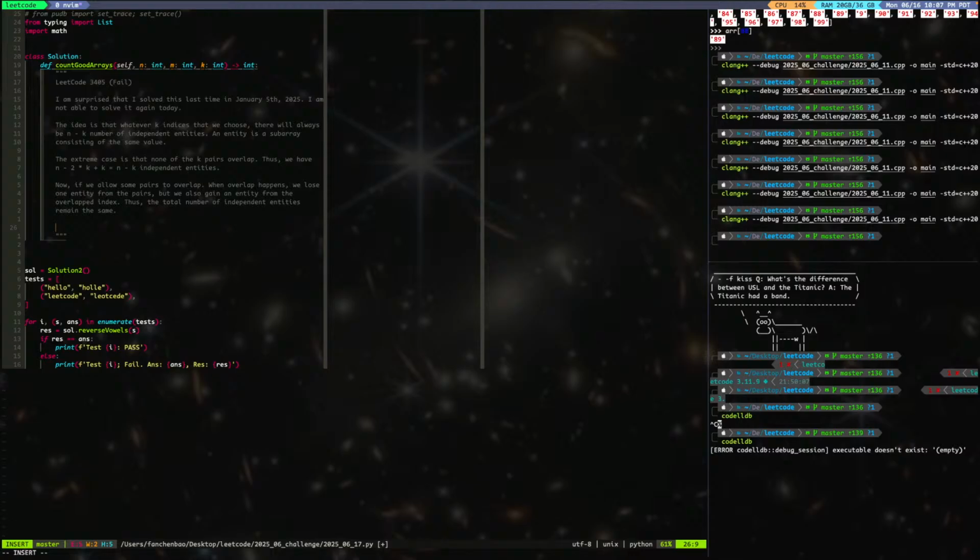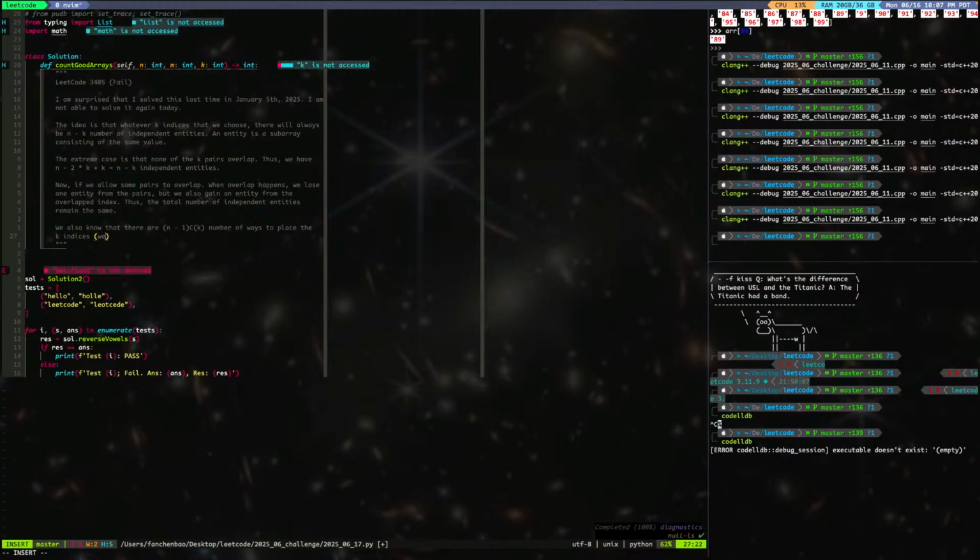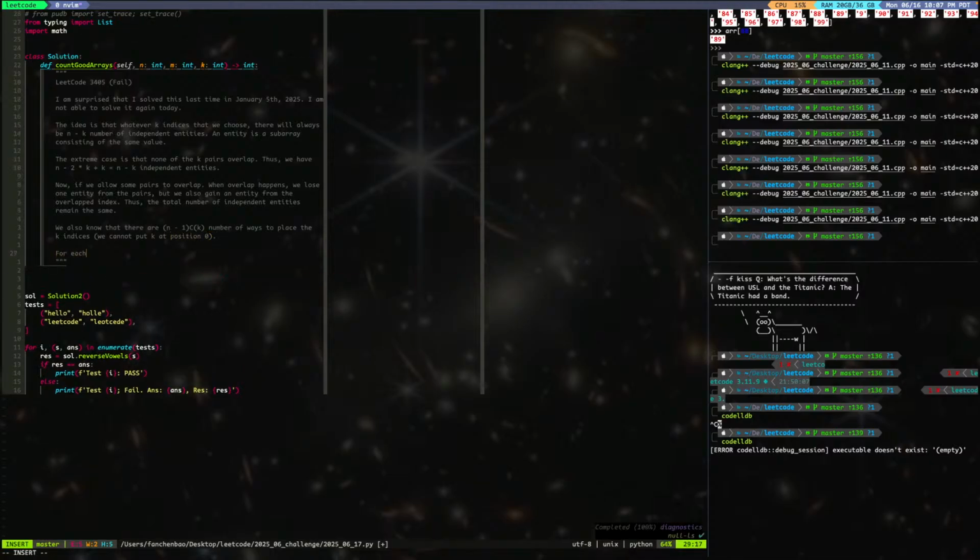So that is done. We also know that there are n minus 1 choose k ways to place the k indices. We cannot put k at position 0. And for each way,